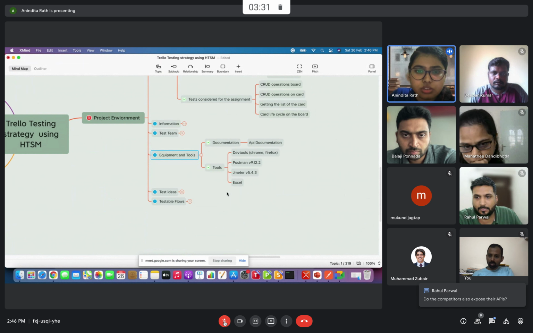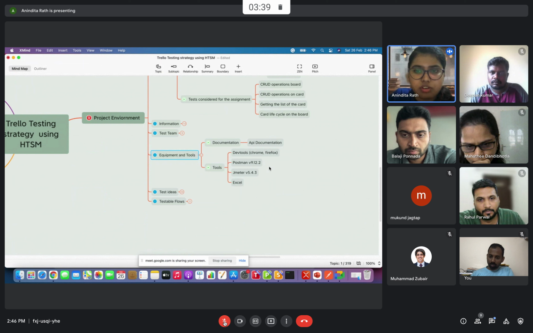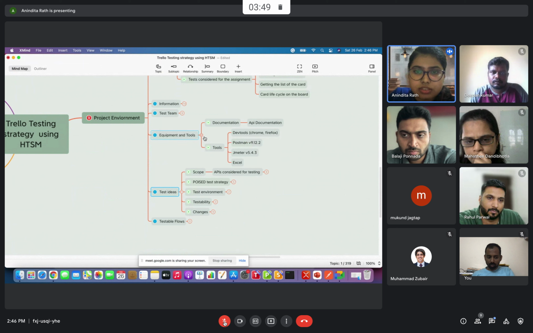Then coming to the equipment and tools, for documentation we have obviously used the API documentation. For the tools, we can use the dev tools for Chrome and Firefox. Then we can use Postman for API testing and JMeter for performance testing. And Excel we have used mostly for the bug logging activity. Then for the test ideas,